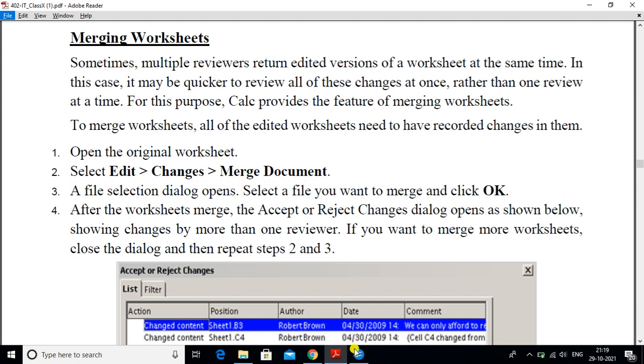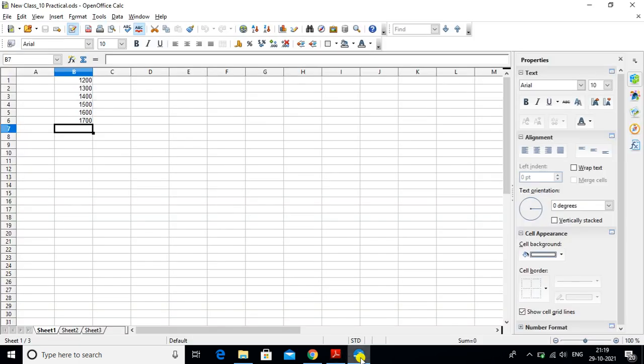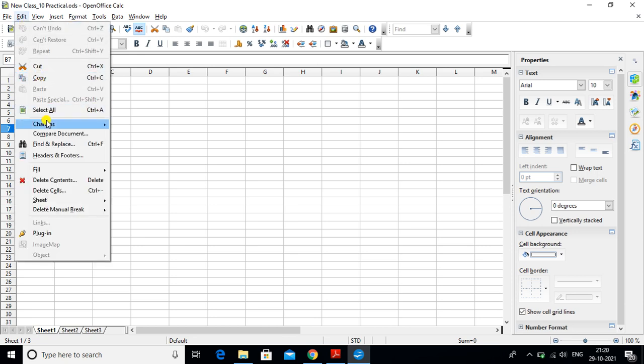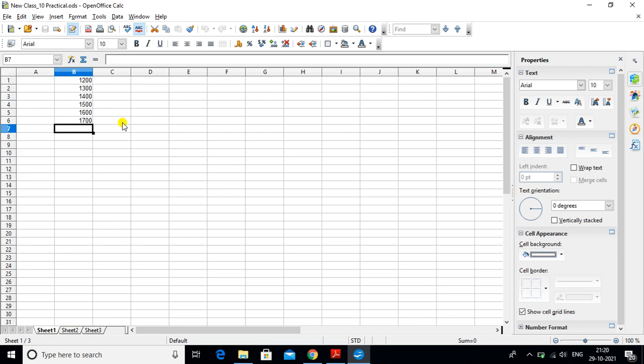Here I have a file named new class 10 practical file, and I saved it already. I make some changes over here. Before that I record the changes and enter the values.